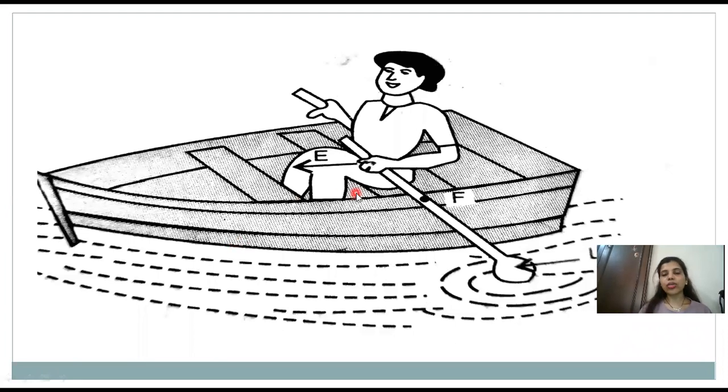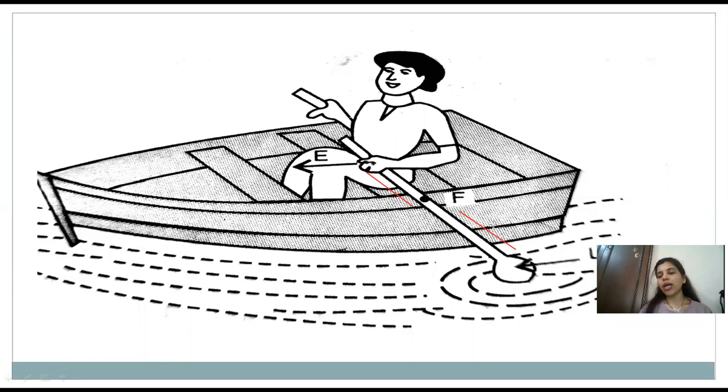So in the next slide, you can see the fulcrum is at the center. Even here, the load arm and the effort arm you have to mark. When you're marking, you can see that this is from the position of the fulcrum. Always remember, from the position of the fulcrum you have to take. So this is the position of the fulcrum to the effort, and then from the fulcrum to the load, this is the load arm. So you can see that the length of the load arm and the effort arm are equal.